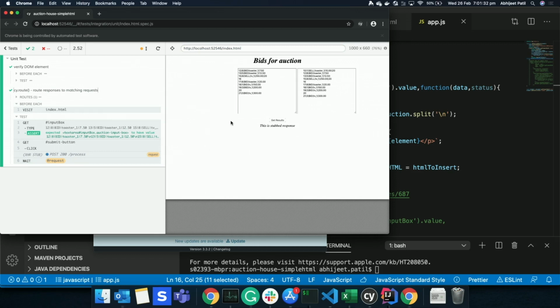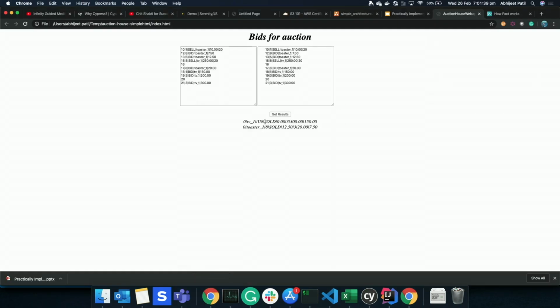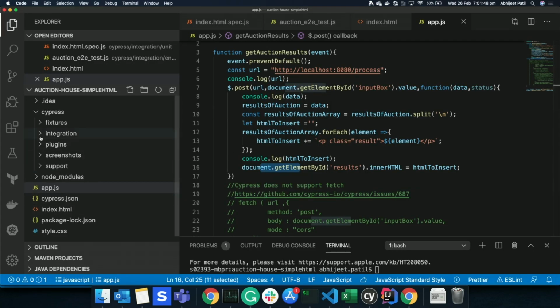So it just checks, like here you can see there is a dummy response, but then my actual service, which is running, is actually returning me an exact response from my backend. So if we want to quickly look at how we can do it,